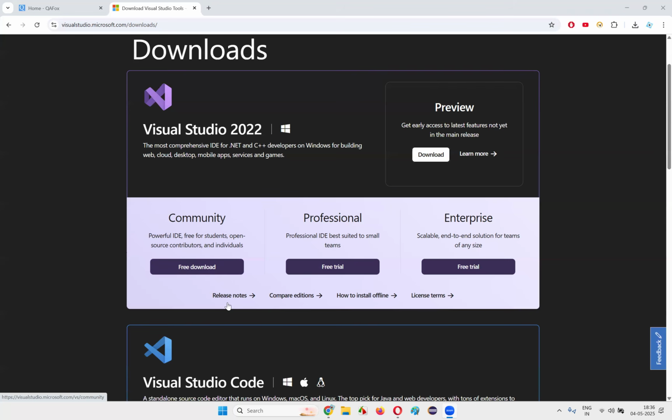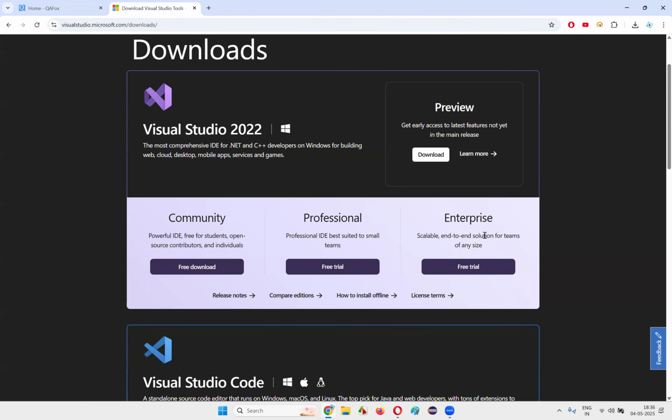And let's ignore the community for a while, okay? So to make our understanding easy, let's focus on professional and enterprise. Imagine which one has more functionality. Professional will have more functionality or enterprise will have more functionality when compared. What do you think? Enterprise, right? Definitely. Professional cannot be used for developing scalable end-to-end solutions for teams of any size. Bigger size applications cannot be developed using professional. If you want to use the Visual Studio editor for developing applications for all purposes, enterprise